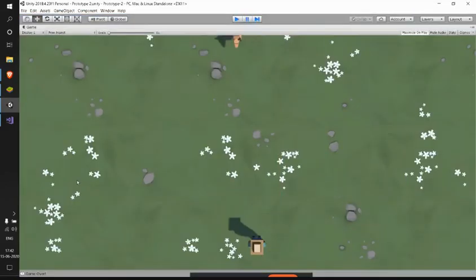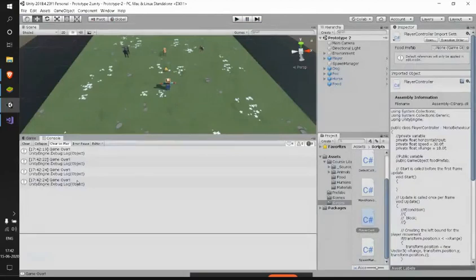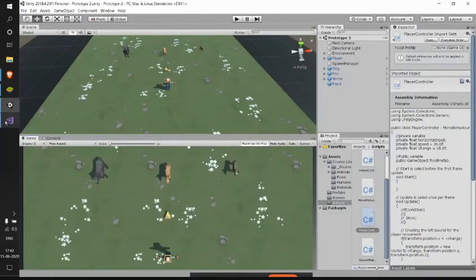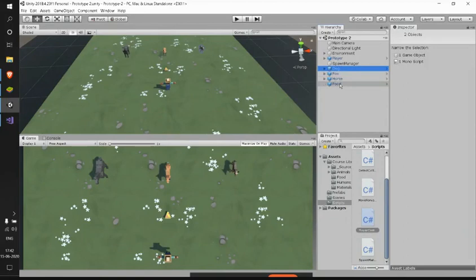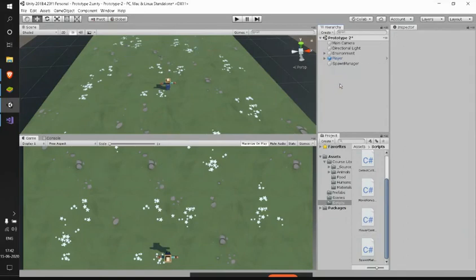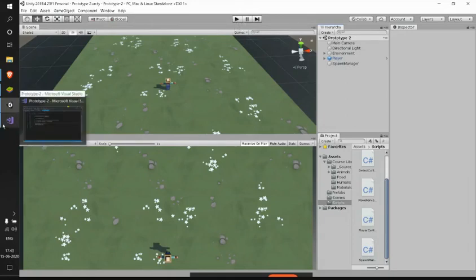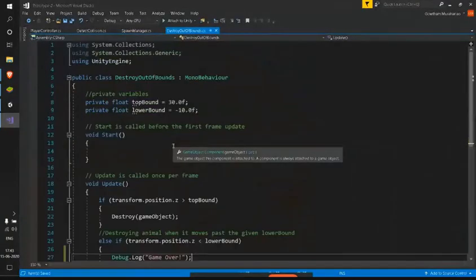We used our Debug.Log message just to indicate that our game is done. And let me delete this so that my scene is a bit clean. Next, anyhow, they will be generated randomly, right? So let me come back here.